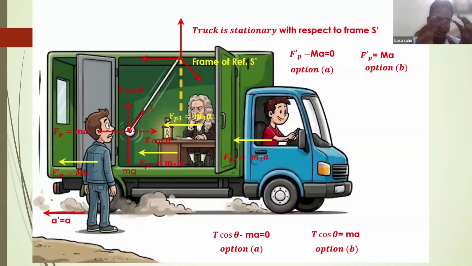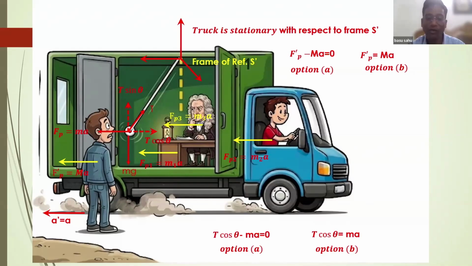That's why every frame of reference has its own inherent property, and that inherent property will be compared with respect to absolute rest. We cannot compare with respect to each other. That's why I always said yesterday, inertial or non-inertial frame is basically an inherent property of a frame of reference. Why? Because we cannot compare each other. We have to compare this property with respect to absolute space. This is the basic funda.